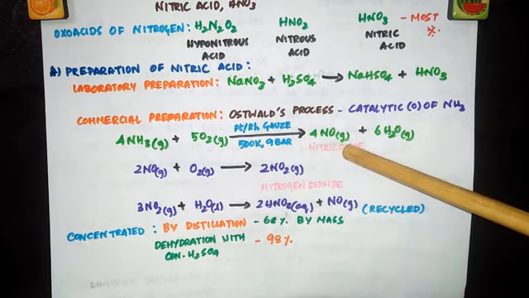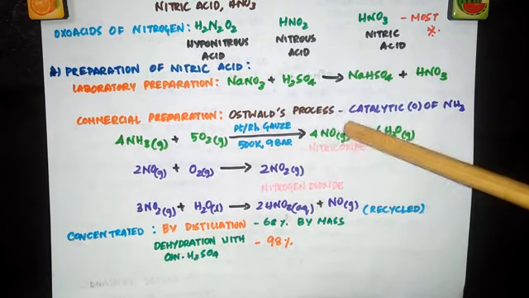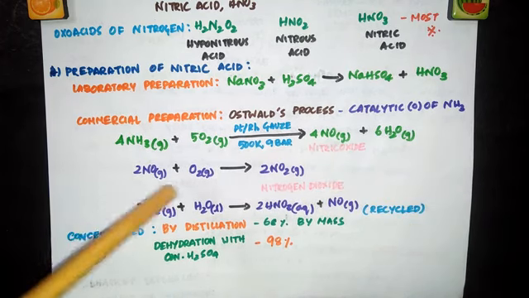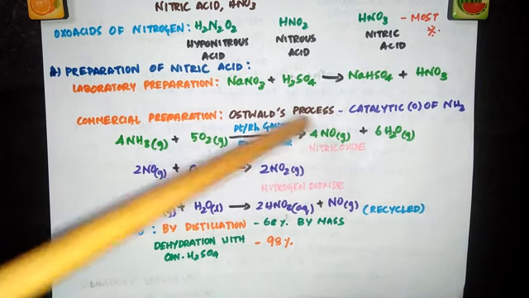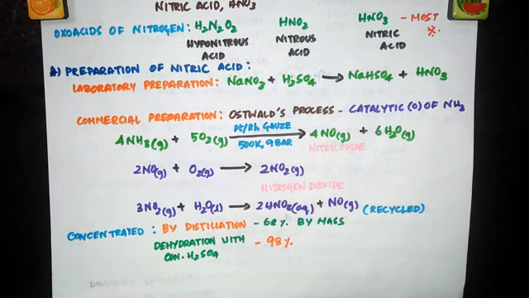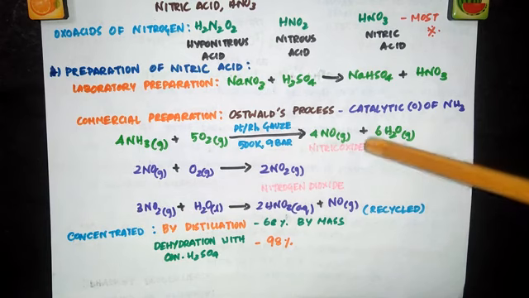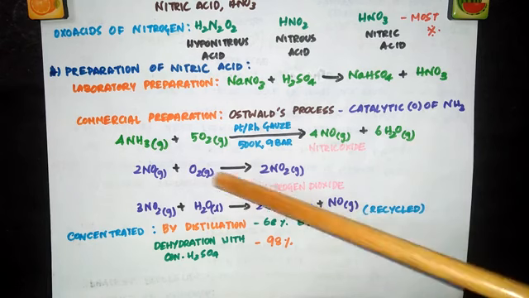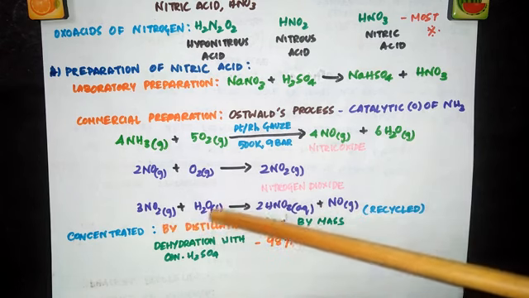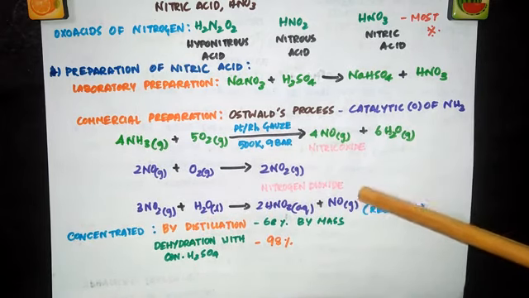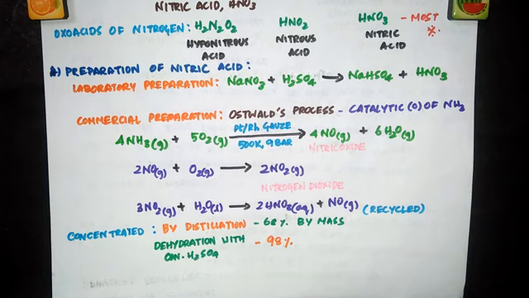Now this nitric oxide formed here combines with oxygen, giving NO2, which is nitrogen dioxide. So 2NO plus O2 gives 2NO2. So from NO you are getting nitrogen dioxide. Nitrogen dioxide formed here dissolves in water to give you nitric acid. So 3NO2 plus H2O liquid gives you 2HNO3 aqueous plus NO gas, and this NO formed is recycled, and the